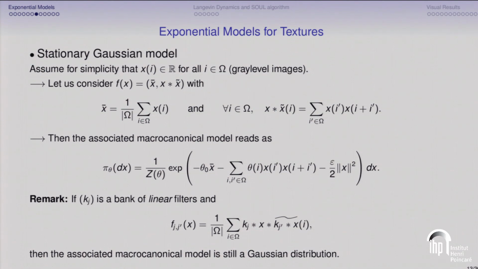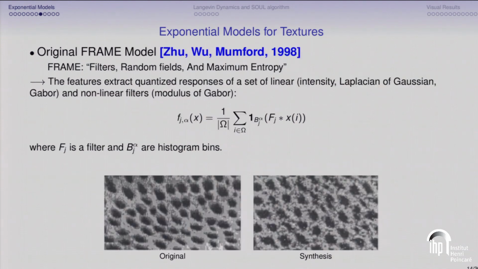Now, if instead of doing covariances on the pixel, but on some linear filtered version of the image, you would constrain these things here. So here, the kj is a bank of filters. If you do all the possible correlations which are summed spatially, and you put it in the exponential with some parameters in front of it, you still get a Gaussian distribution. Okay? So if you do first-order moments on some things like that, or second-order moments, but without nonlinearity, you always go back to a Gaussian model. So you have to put some nonlinearity somewhere to get a distribution which is actually interesting.